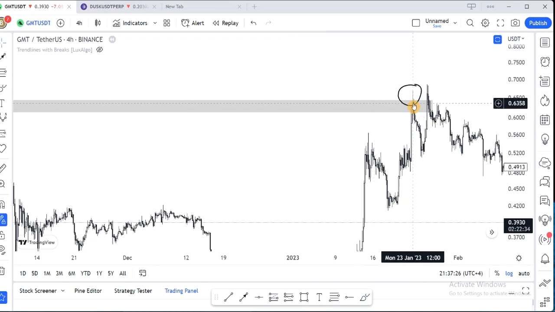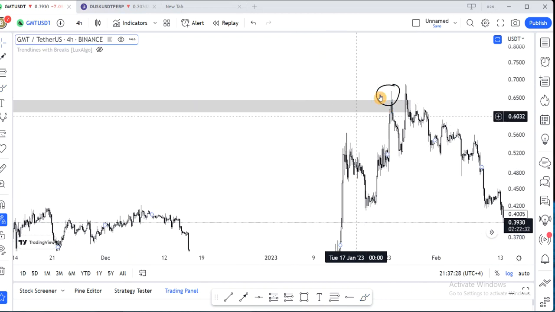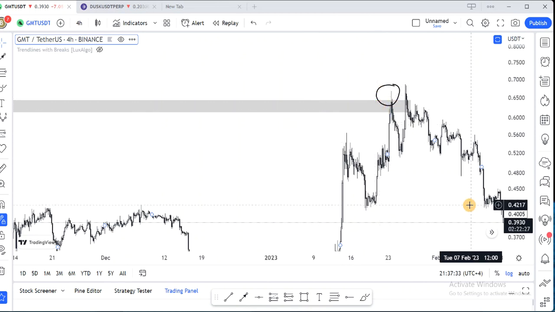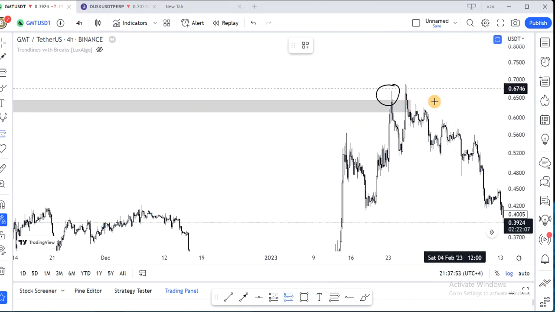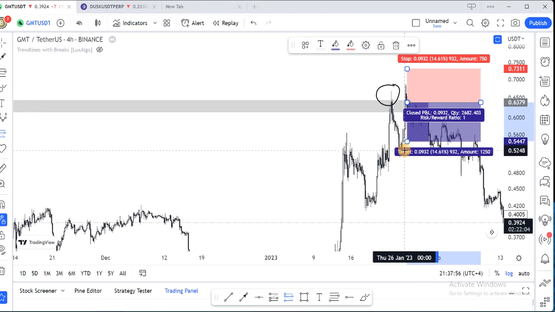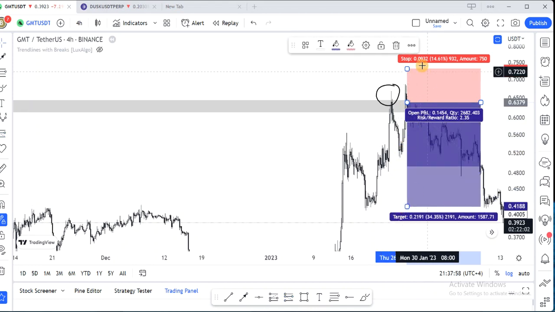So this particular one, you mark it as a point of interest. You allow the price action to play its game. Once you allow the price action to play its game, it played its game as usual and continued trending. It reached the same area, and it got rejection again. You tap it. This is the area. We couldn't get a breakout from here. Then the next thing you do from here is you place your short like this.